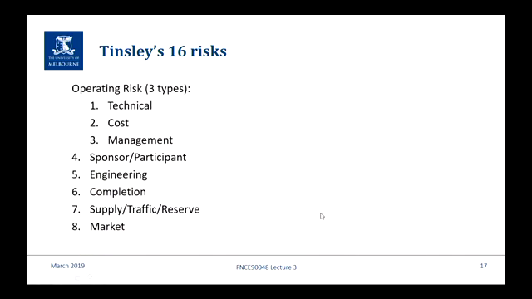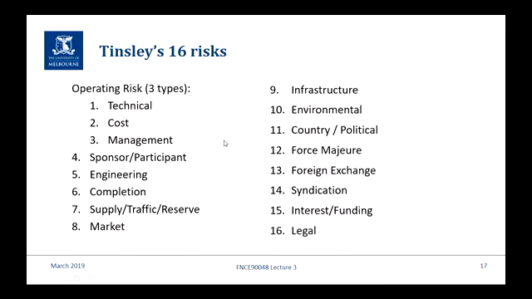So here's our list. He used to have a website. It's not up anymore, but it was one of those really old websites that was done in the 1990s and never updated. And he never really gave any reason for why he put the risks in this particular order. I think it's because it just evolved organically. When he thought of something, he just wrote it down. So he said, well, there's operating risk, but there's actually three types of operating risk. Then there's sponsor/participant risk, engineering, and so on, all the way through to legal risk.